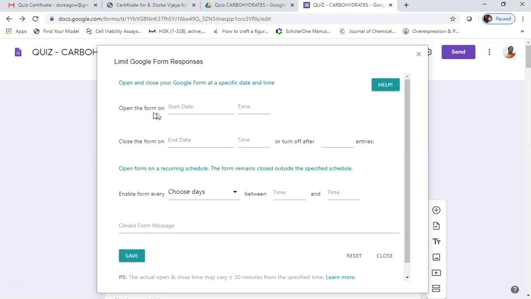Open the form at so and so date and time. Close the form by so and so date and time. And also we can put number of entries, turn it off after 300 entries or 200 entries or 100 entries, we can manage, and then we can save this form.